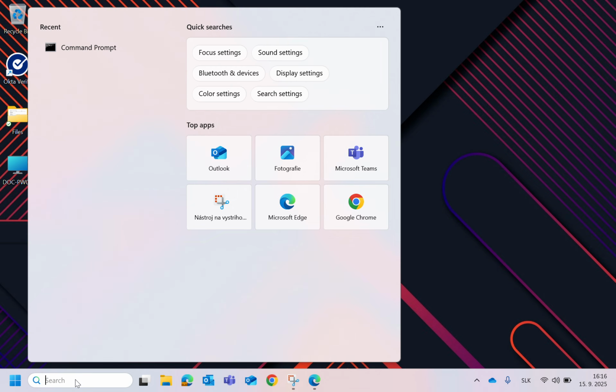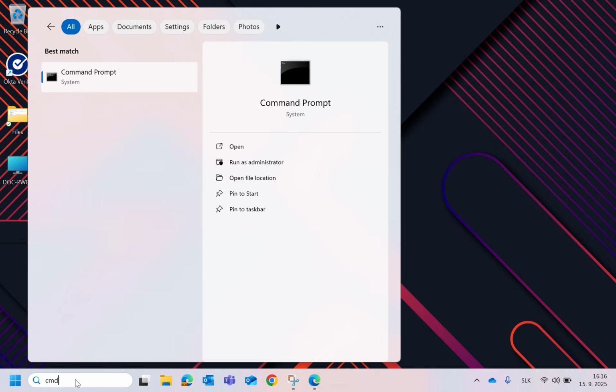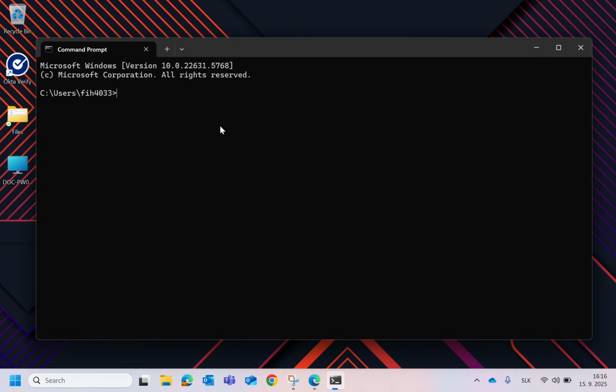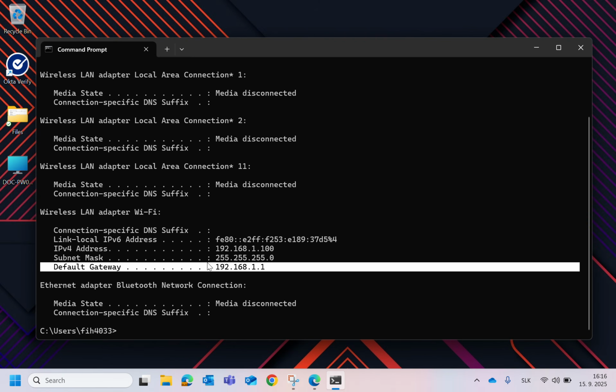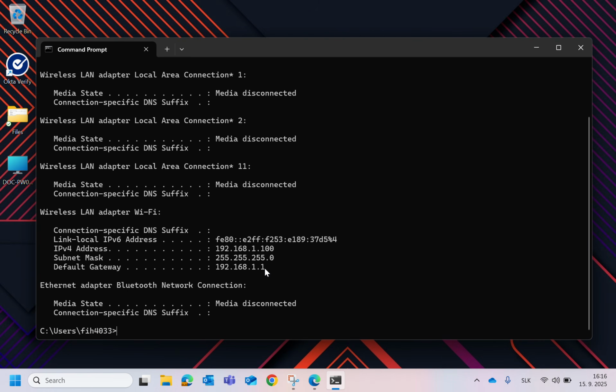So here in the search bar, type in CMD for command prompt, click on it, and it will open. Now type in ipconfig. And here on the default gateway, you can see that your default IP address is 192.168.1.1. Now you can just copy that IP address,